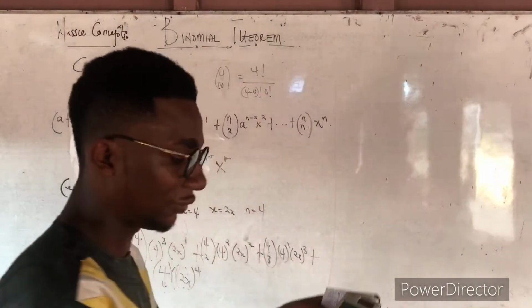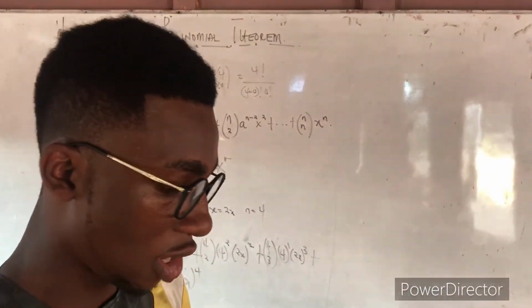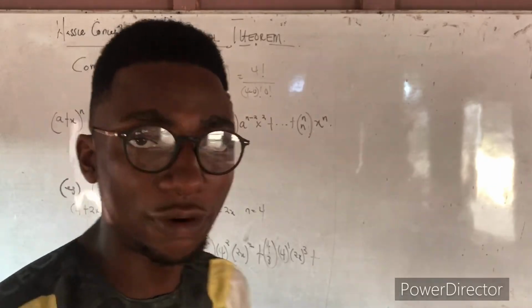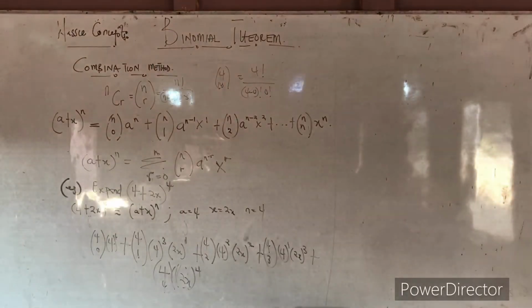If you want to punch for combination 0, for instance, let me teach you on the calculator. So this is your calculator. If you want to punch for exponent